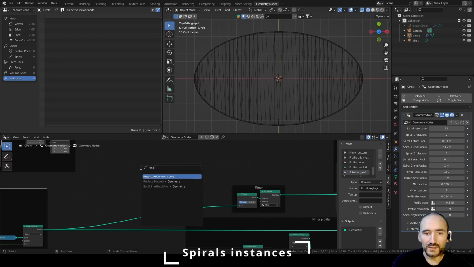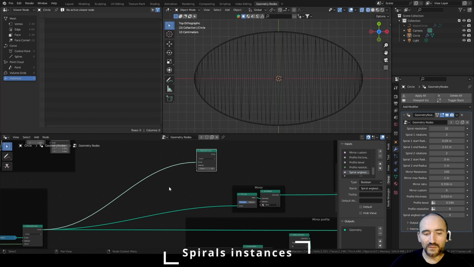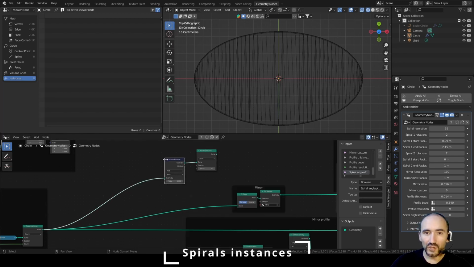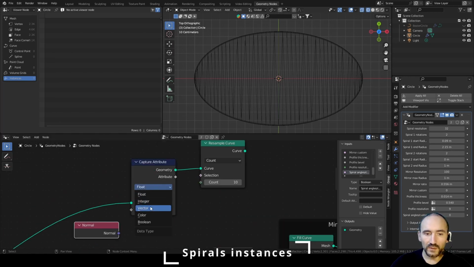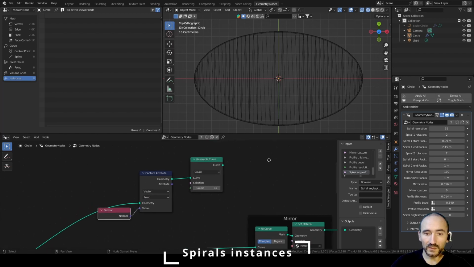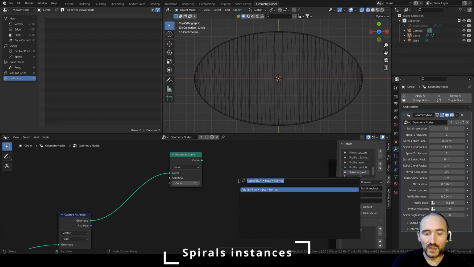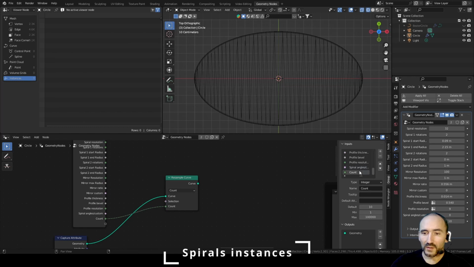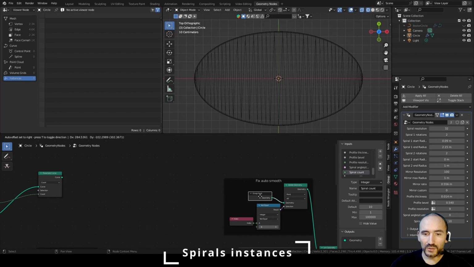So I need to resample this curve, but before I need to store or capture the normal of each point in this high resolution of the curve, because we will need it after. So I can indicate here the normal. I want to save the vector of the normal in this shape and then resample it by a count that we can export in the group input. So we can call it spiral count from 1. Now I can select this, Ctrl H, and link